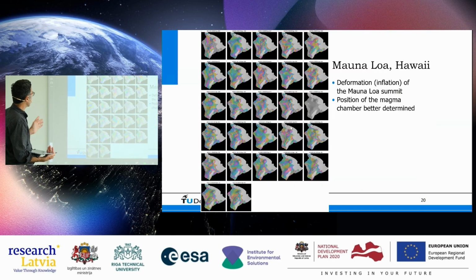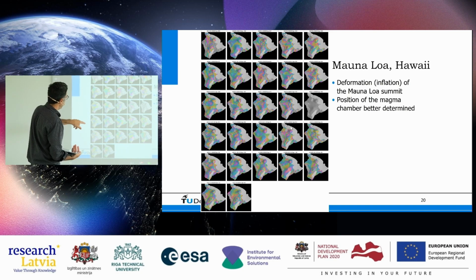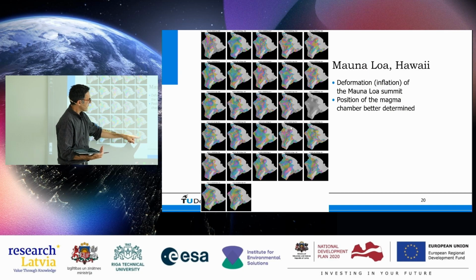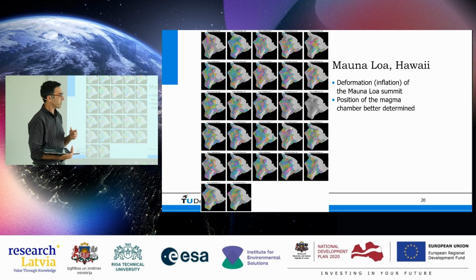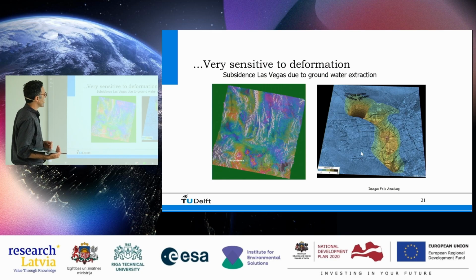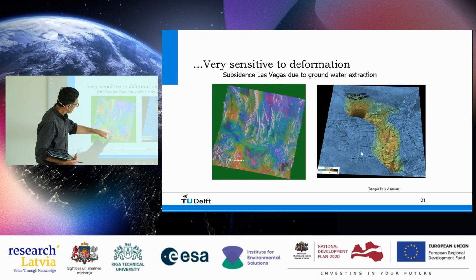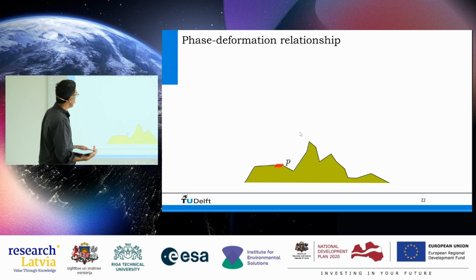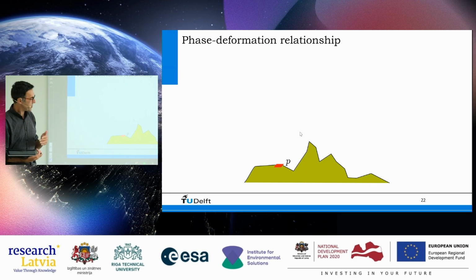Other example here, this is a volcano, Mauna Loa on Hawaii. And again here, all these images that you see, the fringes that you see, are now not related to the mountain itself, to the volcano, but they are related to inflation or deflation of the volcano. And finally, an example with subsidence. This is water extraction in Las Vegas. And also here, this little pattern over here. Now, this doesn't indicate topography, but it is deformation. Okay, so now, how do we get there, and what are the equations? And I can promise you the equation will be much easier than what I did before. So the hard part is already over, because this is actually a very easy relationship.